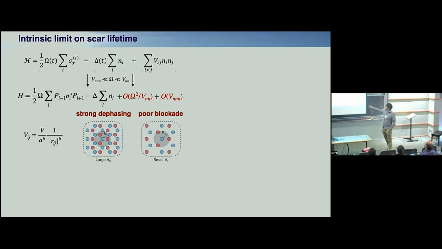And you're gonna influence nearest neighbor and next nearest neighbor, and you're gonna influence many, many atoms, right? You're gonna interact strongly. So that's again this regime. Another regime, you can move atoms further away. You say, okay, I don't want third nearest neighbor interaction. I'm moving atoms further away, but you're gonna break your Rydberg blockade, right? So you see there is a term in the numerator and in the denominator. So there is no free lunch.